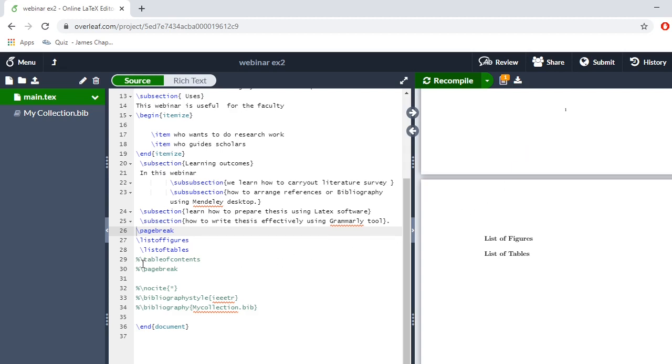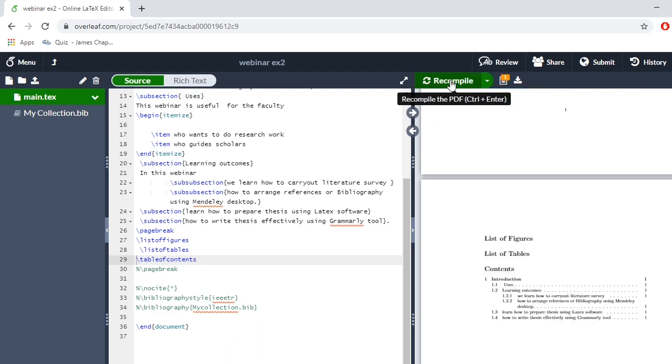Okay. Now let us see another interesting feature of this software, that is the table of contents. Preparing the table of contents is a very big task. Directly typing in a Word or any editor is a very difficult task. Now you just observe the table of contents. This is one command we have readily available in the software. So if you write this table of contents command and compile, you will get the table of contents. Just see, you can observe the table of contents here, right?